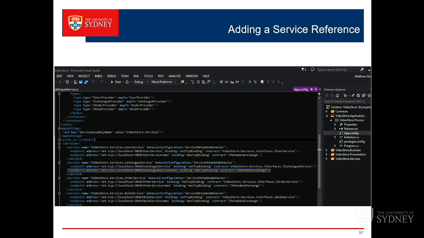We've got services, we've got two things interesting here: catalog service, we'll pick on this one, and we've got both metadata and the actual service itself. The metadata is how, when we're doing the service discovery, we pick up the interface definitions and method definitions.